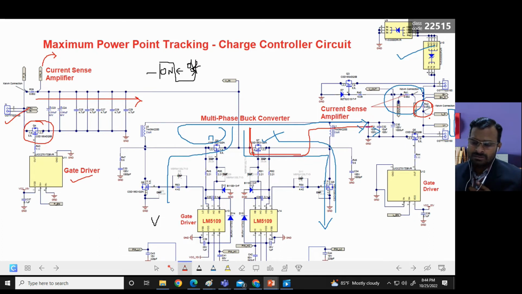So if the current taken by the load is very high, in that case we need to disconnect the load from the battery. So the microcontroller will take the decision based on the load current. If the load current exceeds a particular limit, then the microcontroller will give the signal to this gate driver, and the gate driver will open this MOSFET so that the load will be disconnected from the supply